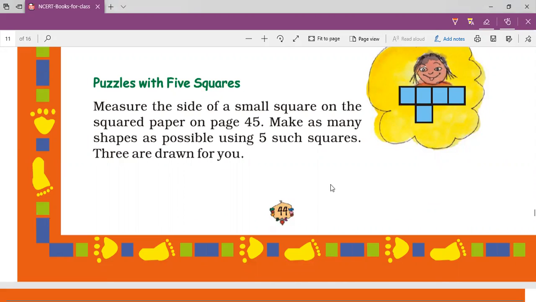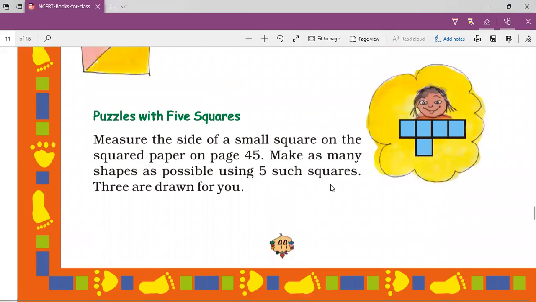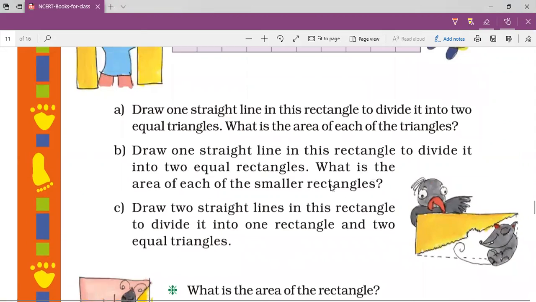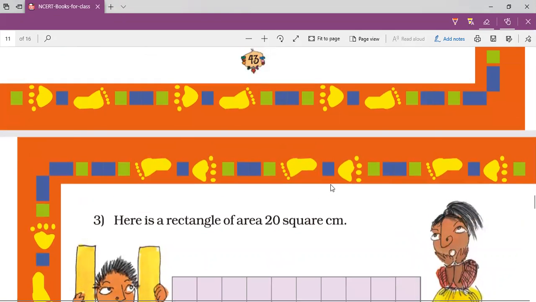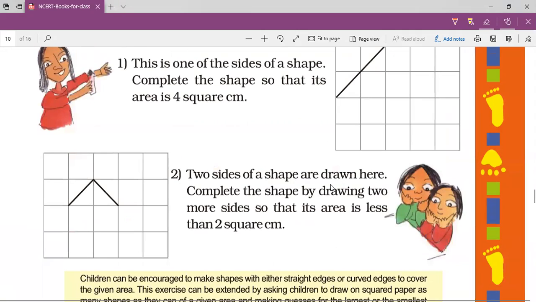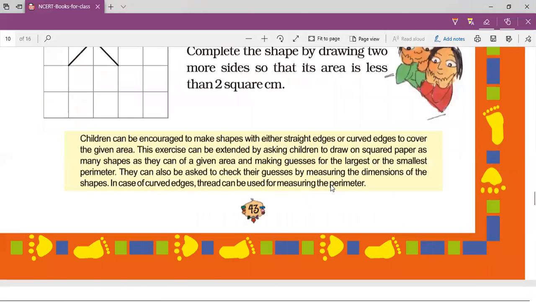So we are going on with the chapter how many squares. In the previous video, I had asked you to solve the practice question where you have to draw a rectangle, and also two questions where two sides were already drawn and you have to complete the other two sides. Some students had done the homework correctly, but some had done it wrong. So I asked you to draw it correctly. I hope you drew it the proper way and solved the questions.